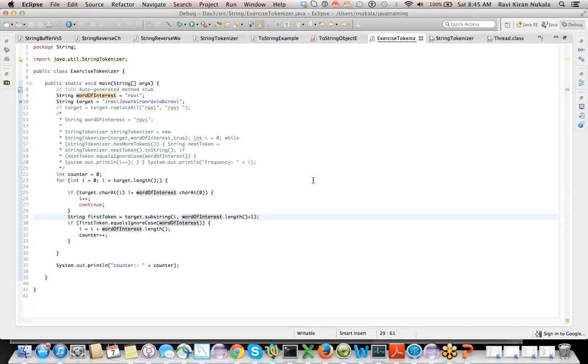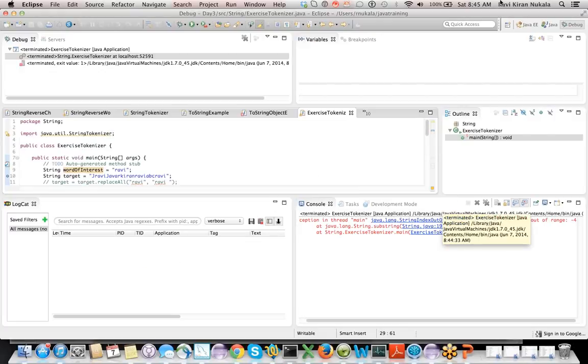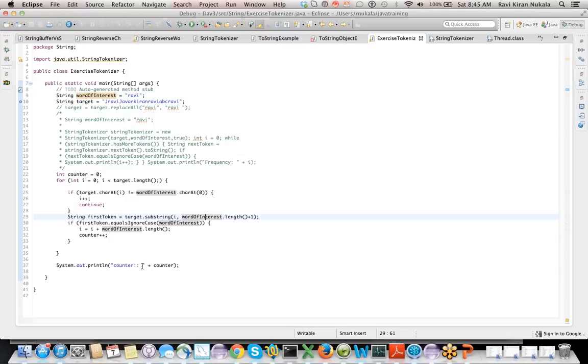If you look at the console, probably it threw the error before printing, so we cannot see the counter. But it went till here, and somehow the length plus 1 went beyond the string length.